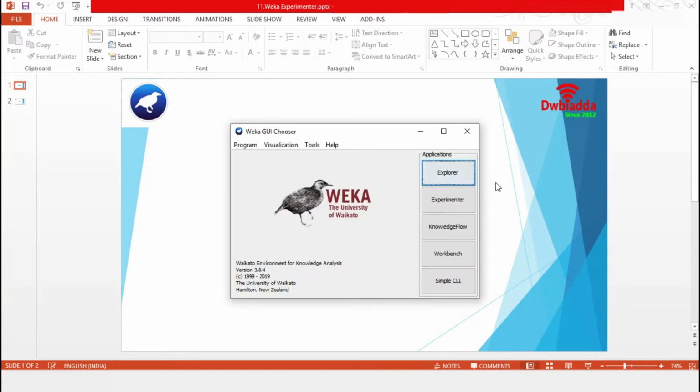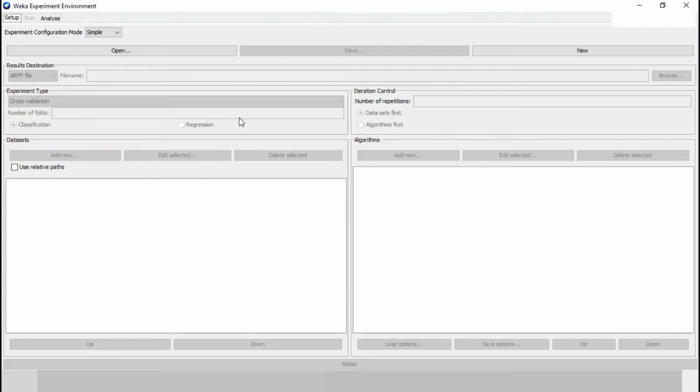Weka is a machine learning tool used for data mining jobs. We already know about Explorer. Now our target is Experimenter. Let's initiate it. This is the environment for Weka Experimenter. It helps to create, run, modify and analyze experiments in a more convenient manner than processing the schemes individually. For example, we can set a dataset and select different machine learning algorithms, and after analysis the experimenter will tell which algorithm performs best for this dataset, and we can choose that for further analysis.